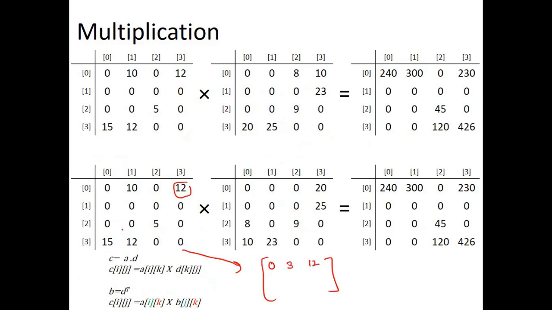Second entries are all 0. Next entry will be second index row, second index column, element is 5. Next I will be entering third index row, 0 index column, entry is 15. Next is third index row, 1 index column, entry is 12. Let it be 12. What's the value it is?